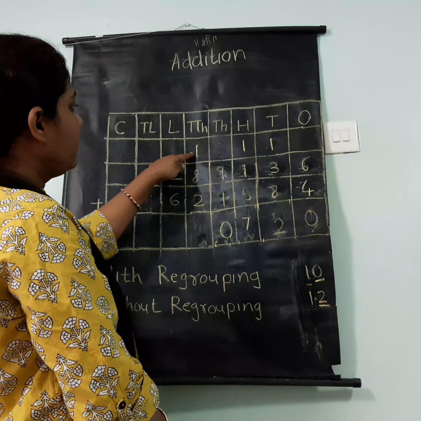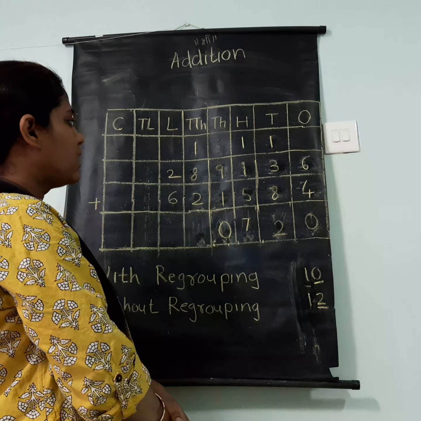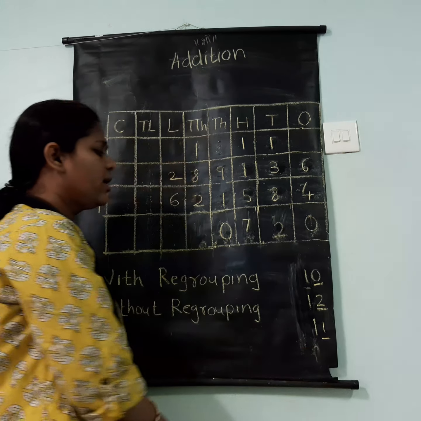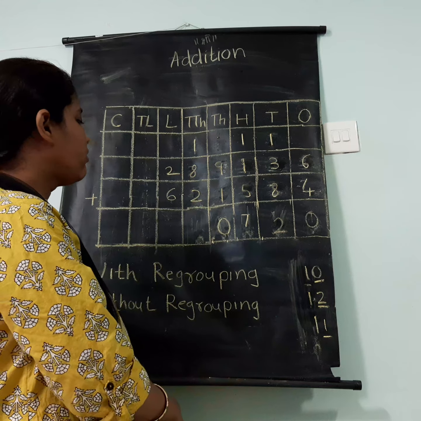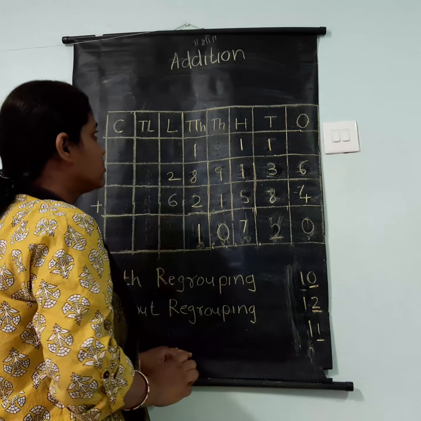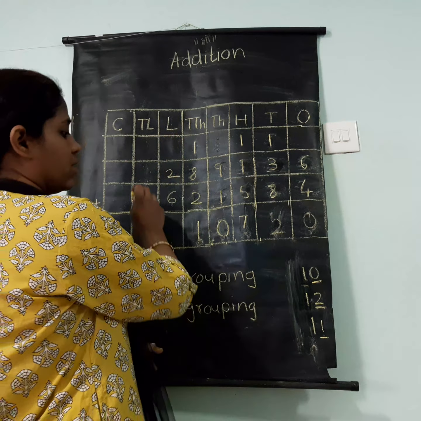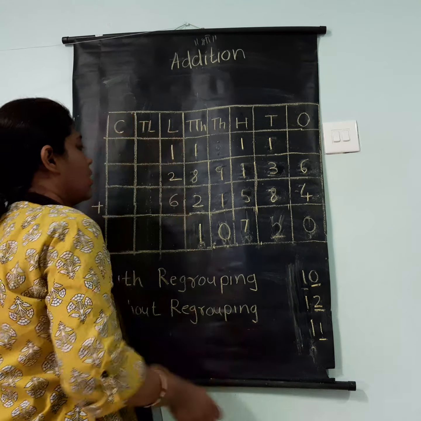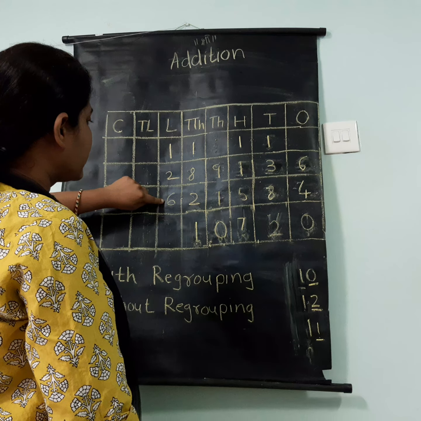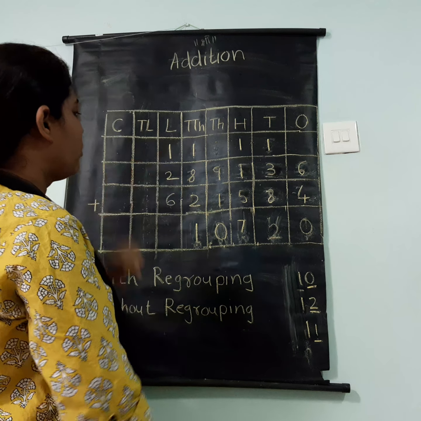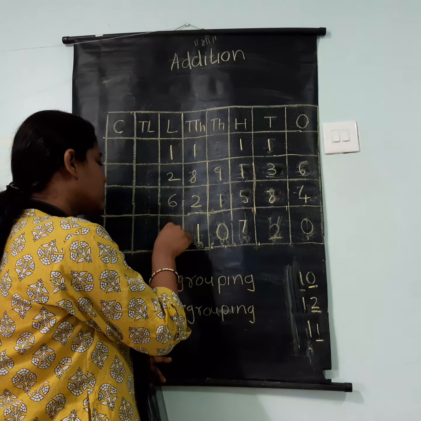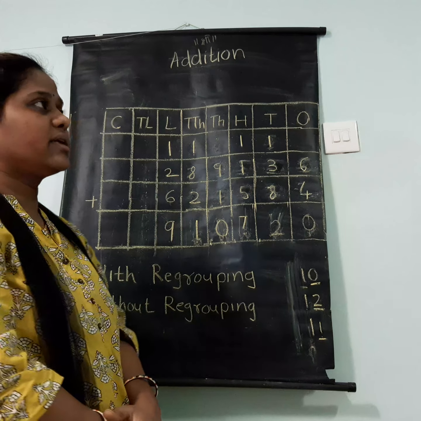Now 1 plus 8 plus 2, what will be the answer? 11, right? Again here also you are getting the answer in 2 digits. So here also you will follow the same logic. You will write the 1 in the 10,000 column, and you will carry 1 to the lakhs column. Now 6 plus 2 plus 1, what is the answer? 9, right? So you will write 9. This is very easy because you are getting an answer in 1 digit.